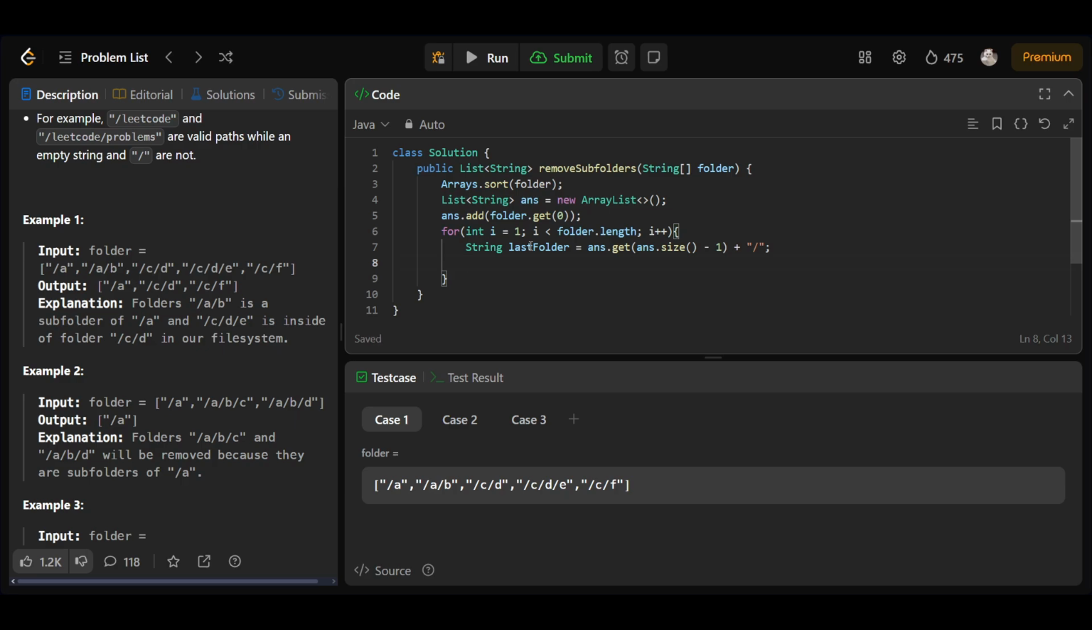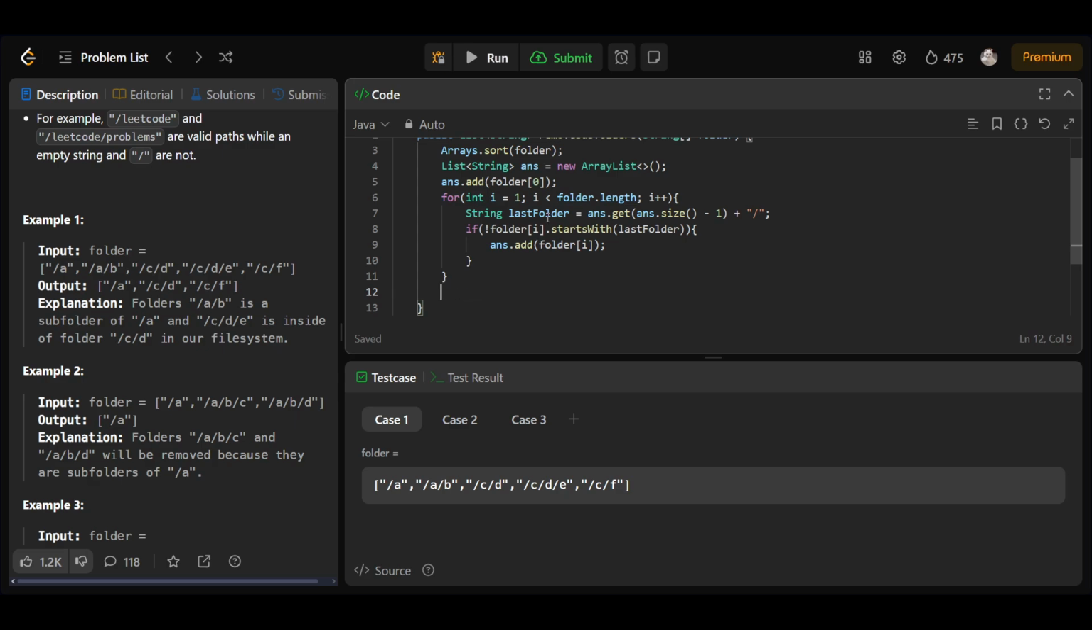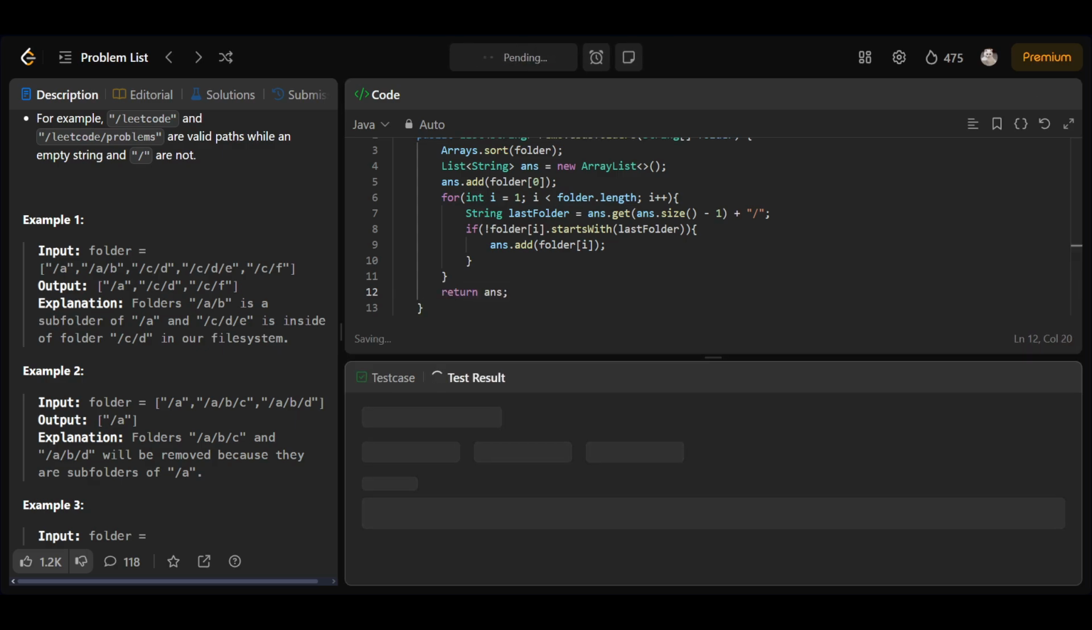Then I'll be checking that if my folder of i, it's an array not a list, sorry, my bad, if folder of i does not start with my last folder address, basically, then that means I have found a new folder. So I'll be doing answer.add(folder[i]), and at the end I'll just have to return my answer. Okay, so now let's give it a run,